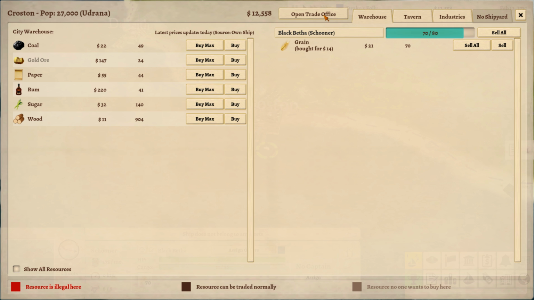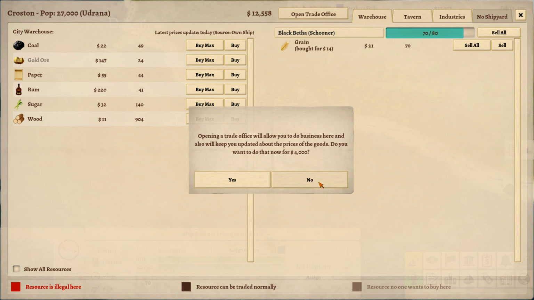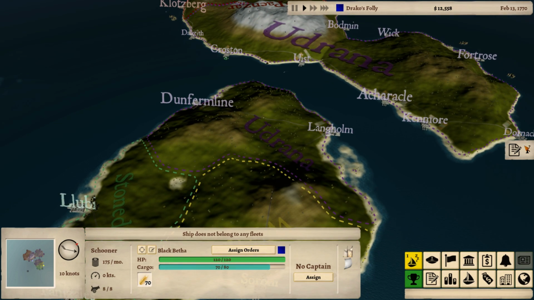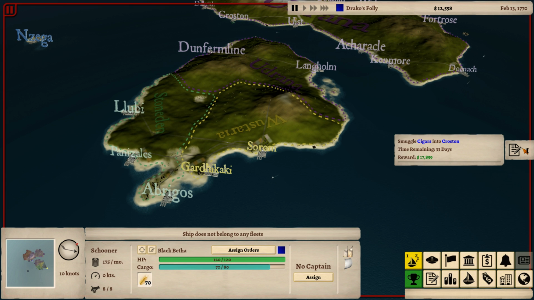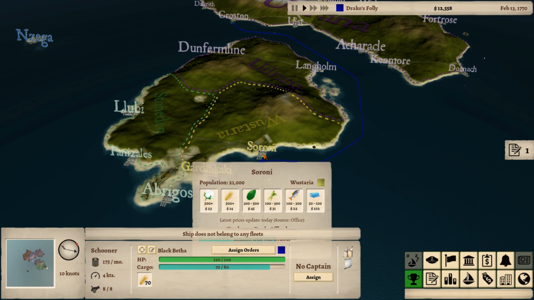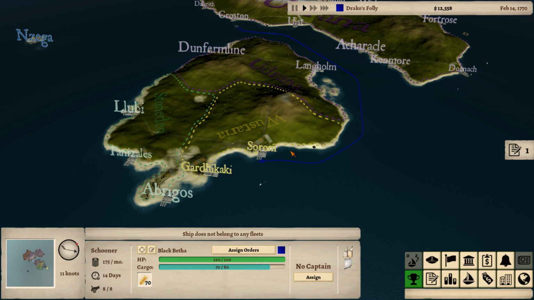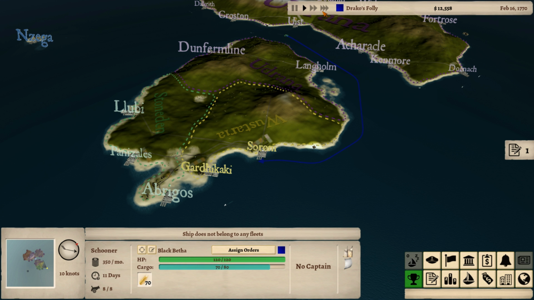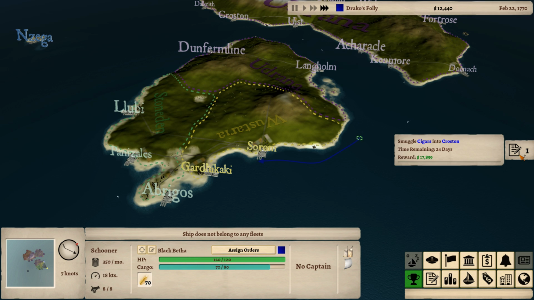That's not good. No, I can't open a trade office over here. So the thing is, I have only 33 days. I gotta now backtrack. Try to source some more cigars. Sell them over here. I don't think I'll be able to do that. I think that is a lost cause, which is going to be nasty because I'm going to lose a lot